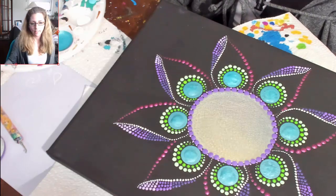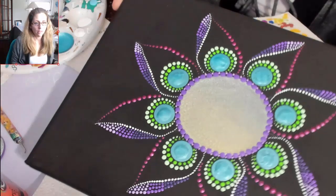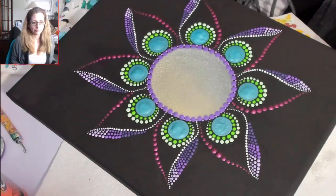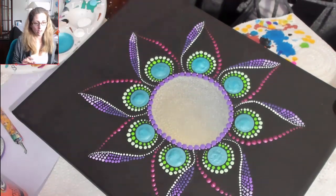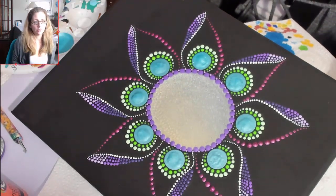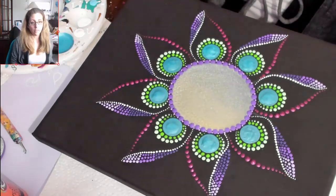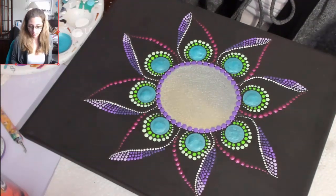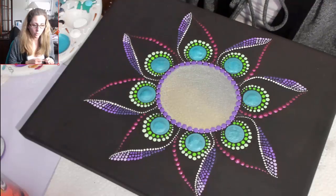Okay, so that little guy's fixed. Okay, so now because I want to keep with our tropical theme, I'm going to switch to some corals for some swipes above here, above our green. And coral will go great with these colors. I feel like it's a pretty versatile color actually, but the whole tropical idea that we have going on I think works pretty well. So, and I'm going to show you how to do the swipes with the dotting tools,